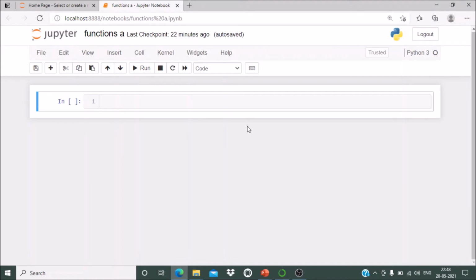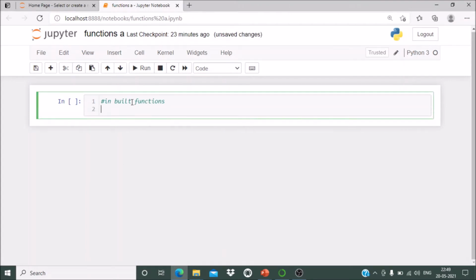Now this is the Jupyter notebook. First of all, I will show you what is meant by inbuilt functions. Inbuilt functions are functions whose definition is already written into Python. So when the user uses such a function, there is no need to write the complete code. You just pass the arguments and you get the answer.